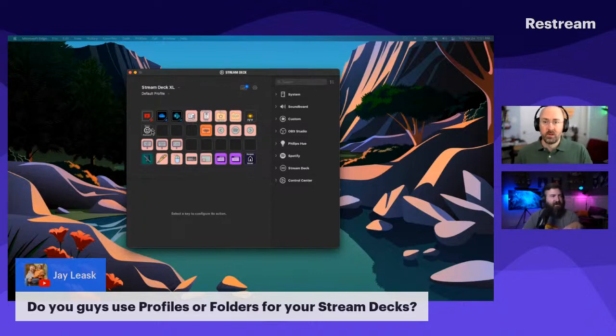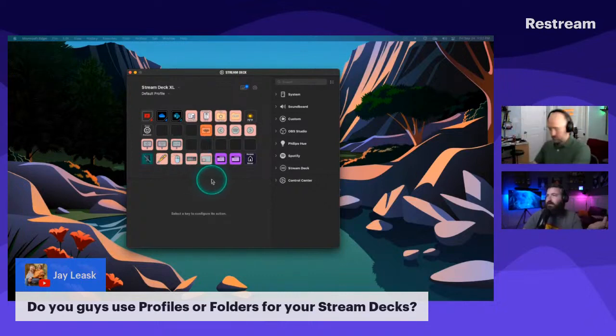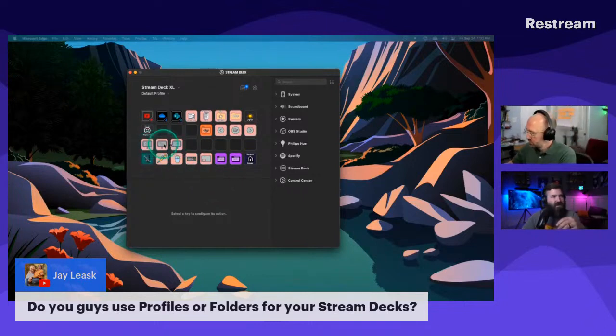This is my Stream Deck setup right now. So this is currently what I see. And if I zoom in here, I've added a few new buttons across the bottom that I want to talk about over the course of this live stream, to talk about some of the stuff I've been doing with software to do advanced production in Microsoft Teams meetings. One of the things you're seeing right now is I'm highlighting my cursor. That's a little app that I got. And then I've got my lighting control up here at the top, some shortcuts across the top right here. But this one right here, this is just a folder.